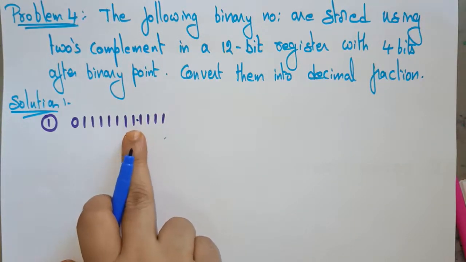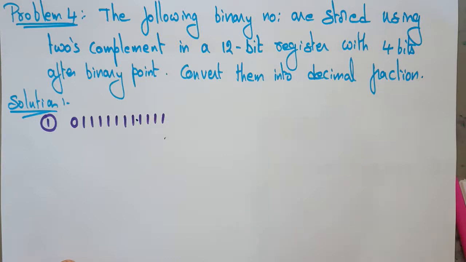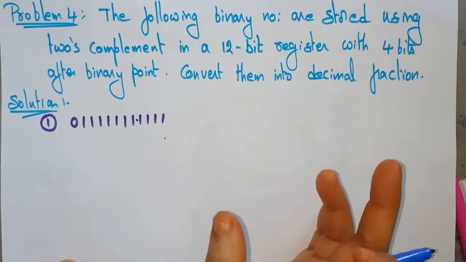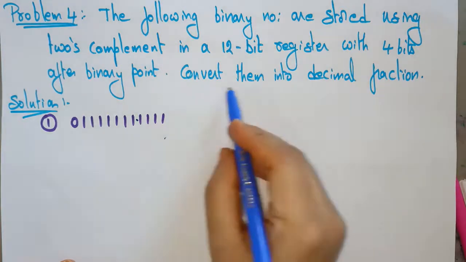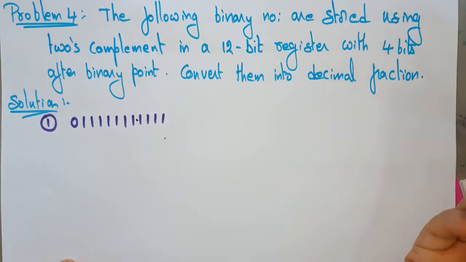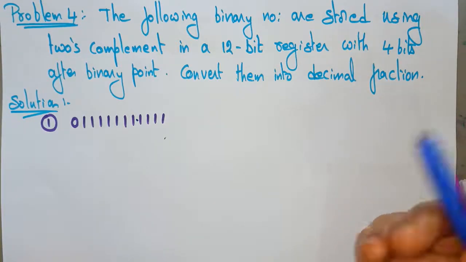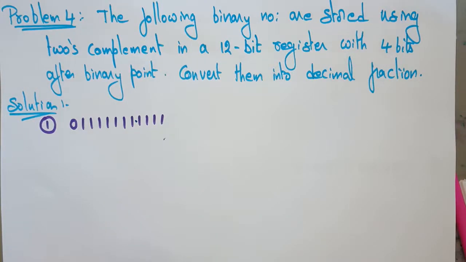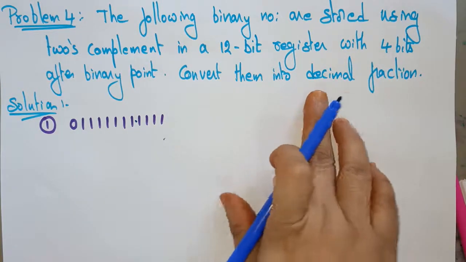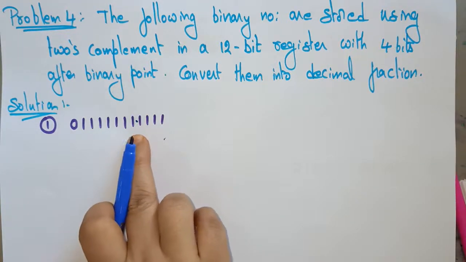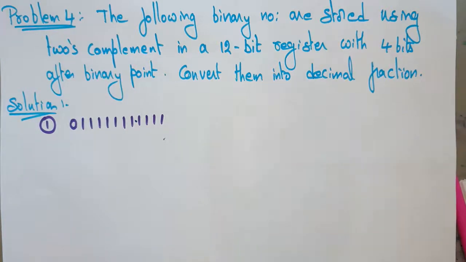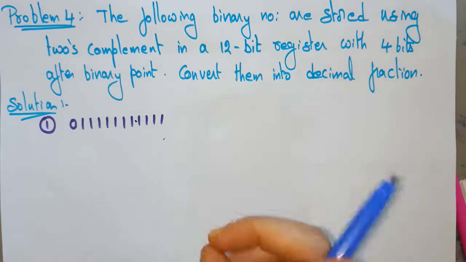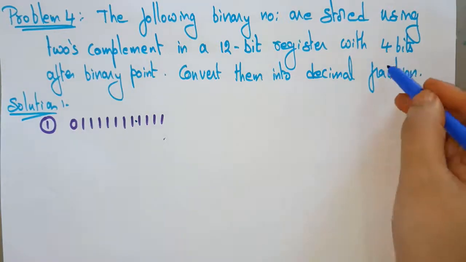So they are giving a clue that we need to know where to keep the binary point, because this is a fixed point representation. Okay. So where do I need to keep the point, so that I can convert them into a decimal fraction? If you want to convert into a decimal fraction, first you need to know where to keep the binary point. Suppose if you don't know where to keep the point, then you'll get a decimal number, not the decimal fraction. Remember students, if you want to get the decimal fraction, you need to know where to keep the point. So they are given a condition.